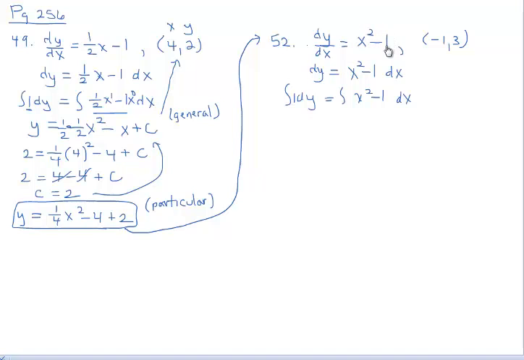Like the previous example, 1 is the derivative of y. And again, you could put 1 as y to the 0, perform the reverse power rule. You're just going to get y. It will have a plus c, but we'll save that for this side over here. So y equals, okay, looking at this integrand right here and looking at the first term, I'm going to perform the reverse power rule, increase 2 to 3 and divide by 3. So we have 1/3 x cubed minus, antiderivative is x, include the constant of integration,